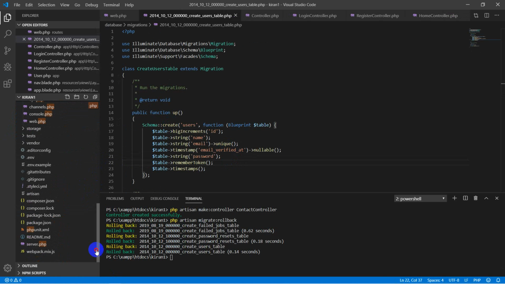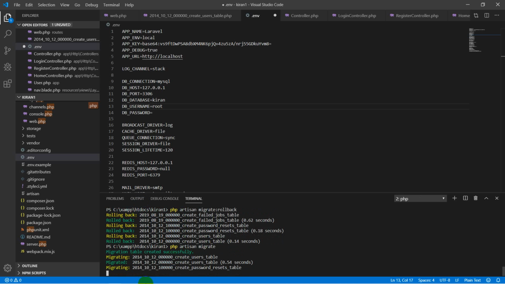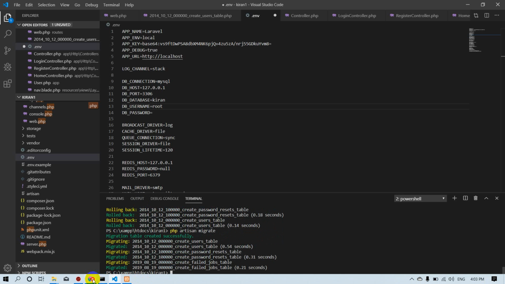For that, go to the .env file and set DB_DATABASE to Kiran as seen on the desktop, and the username root with no password. Now let's type php artisan migrate. Then these tables will be migrated to the database successfully. You can see the results.